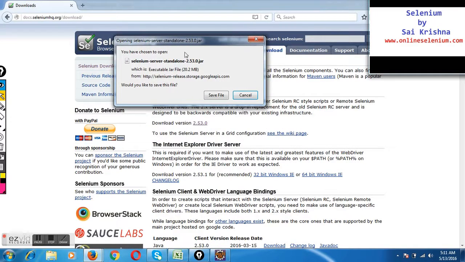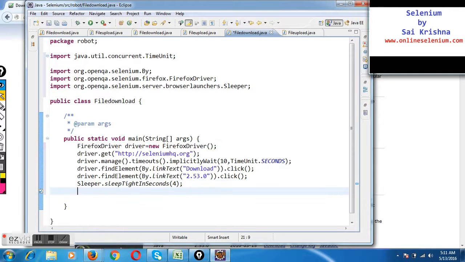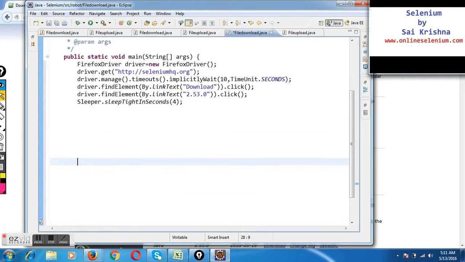Once this window comes on the screen, I have to click on this save file button. This is the operation we want to do, so let us see how Robot can perform that activity. As I told you previously, Robot is not a separate component. It is an inbuilt class coming from java.awt. What we are supposed to do is simply create an object of the Robot class.